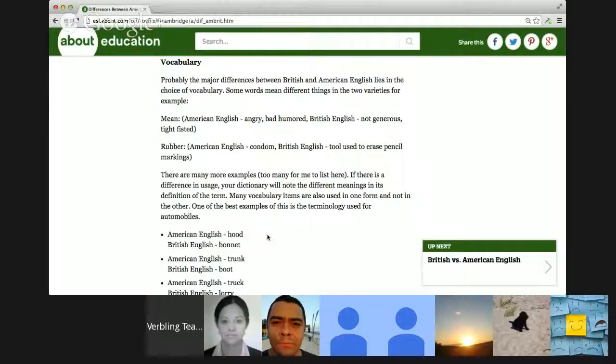Basically, British people know what Americans call all of these things. So I know the words hood, trunk, and truck, but I would not use them myself. I would say bonnet, boot, and lorry. So if you go to one country or the other, you can use either of the words, and you may find people who go, what? But they'll be rare. The main point is that when you're speaking, your English comes across to a native speaker